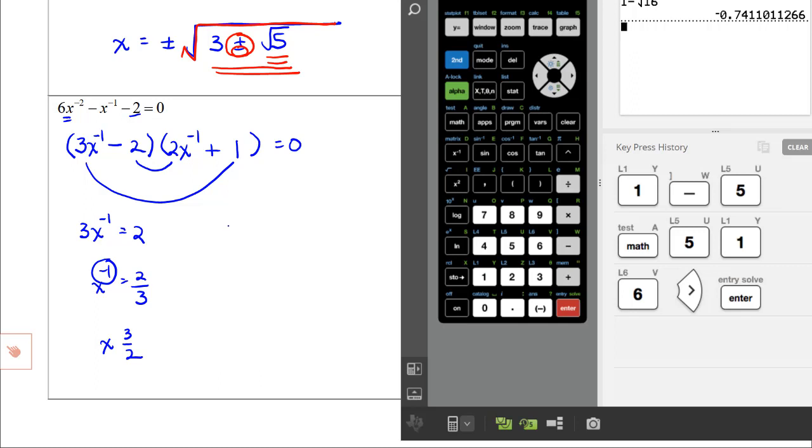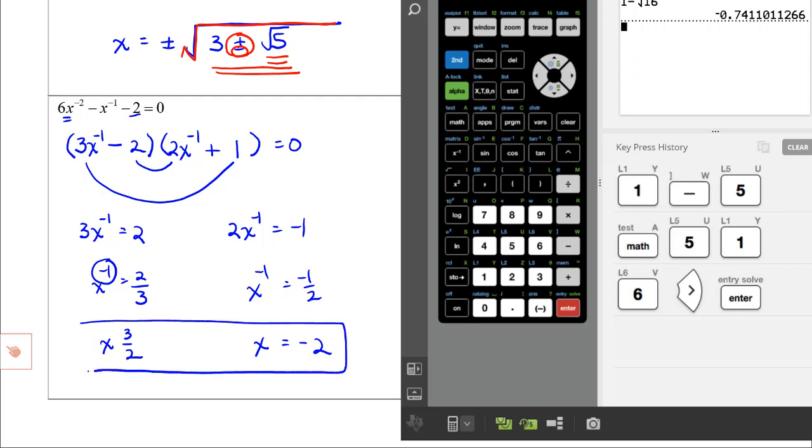And the same thing here. I get 2x to the negative 1 equals negative 1. X to the negative 1 equals negative 1/2. And the reciprocal of that is negative 2. For that one, I don't think we need a decimal approximation, do you? Now,